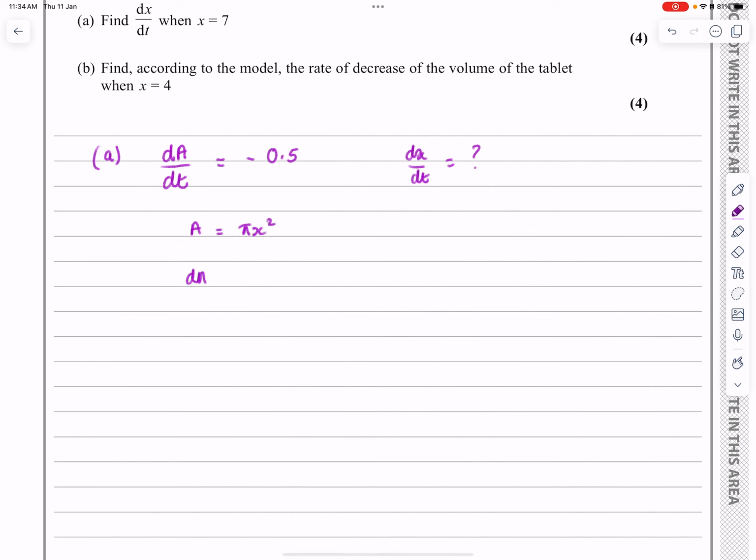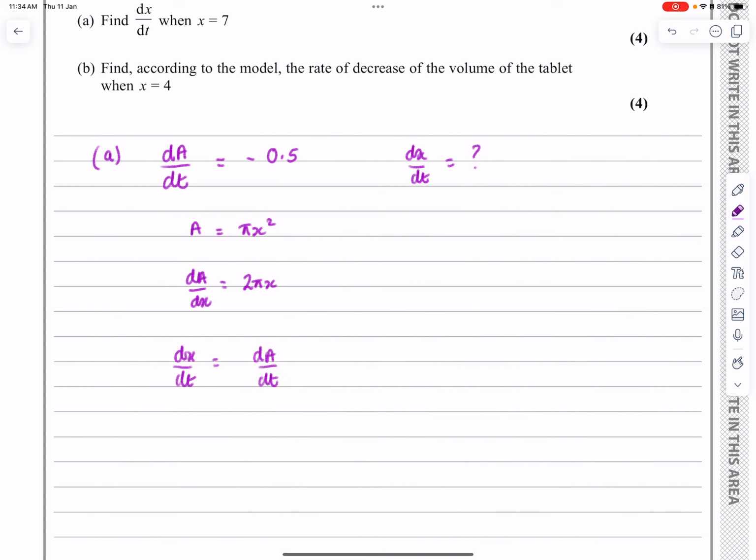Differentiating that, hopefully this doesn't cause you any issues. Pi is just a number, it's just a constant. The differential of x squared is 2x, so the differential of pi x squared is 2 pi x. If I'm trying to find my dx by dt, I want a way of connecting all of those, and that's no problem at all. dx by dt